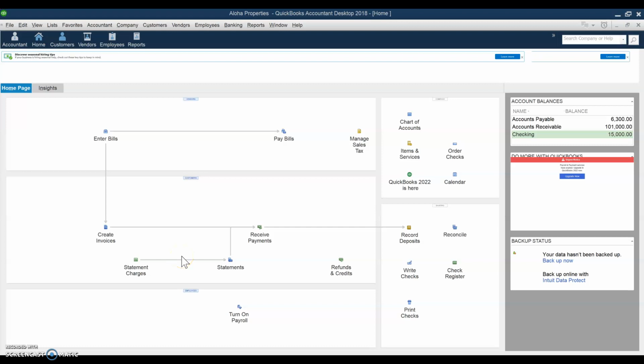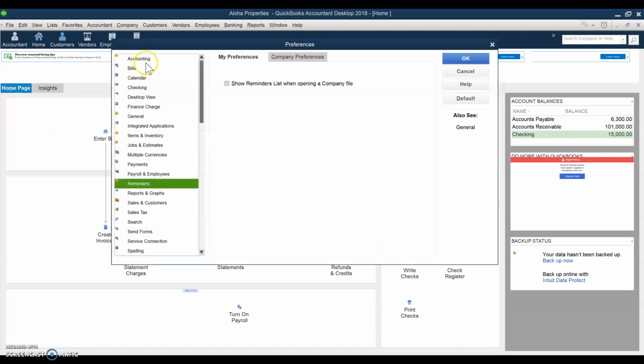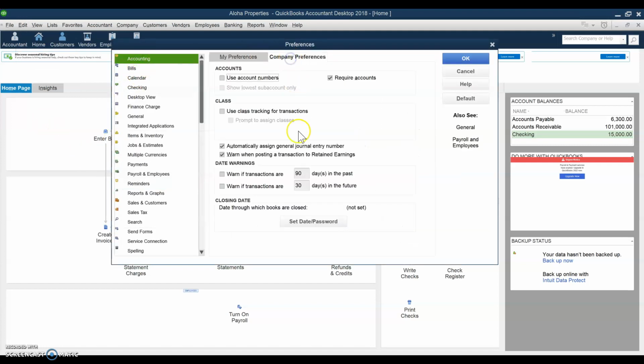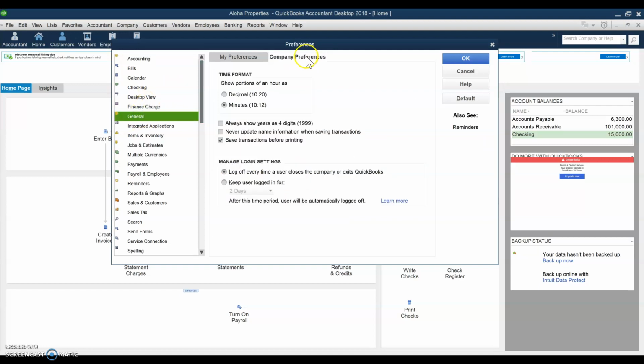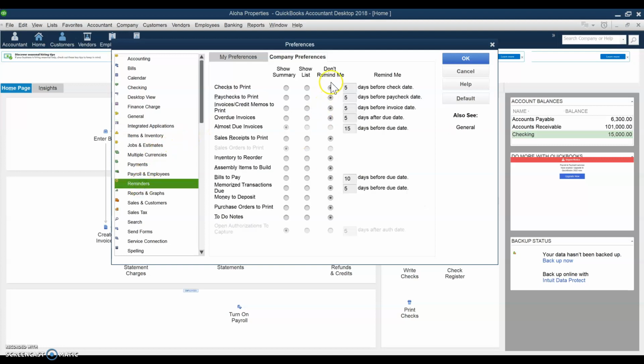I will show you how I completed the Chapter 6 Case 3 Aloha properties in QuickBooks. After I created the new business in QuickBooks, the first thing I did was go under Edit, Preferences, Accounting, Company Preferences, and then unchecked the warning for 90 and 30 days, and then went under General, Company Preferences again, and then unchecked Always Show Years as 4 digits, and then went under Reminders and made sure Don't Remind Me's were